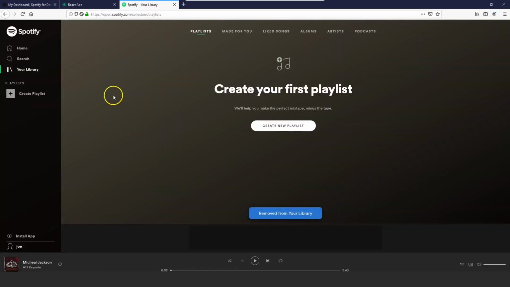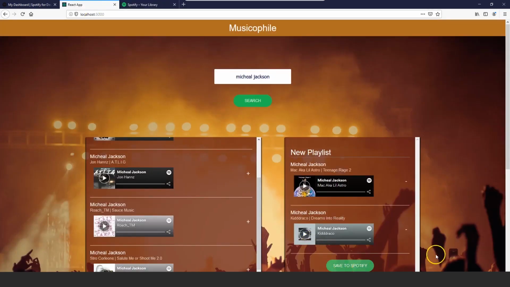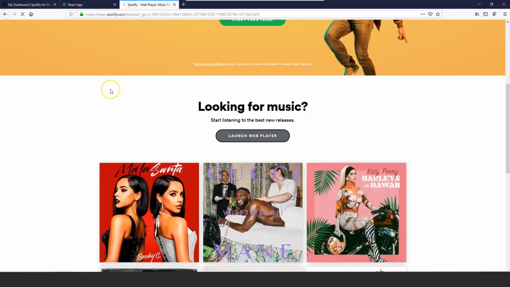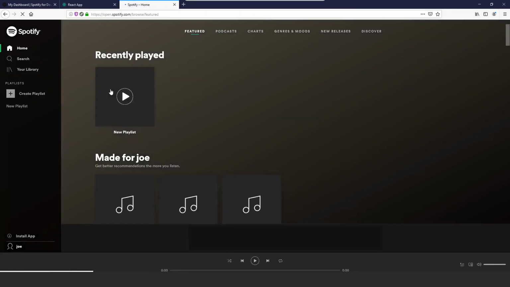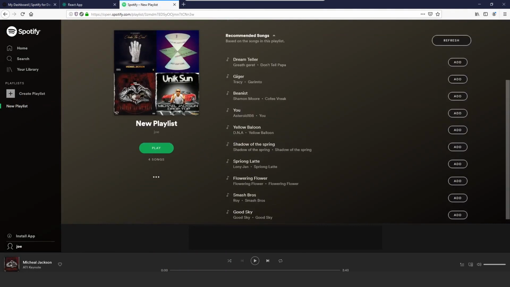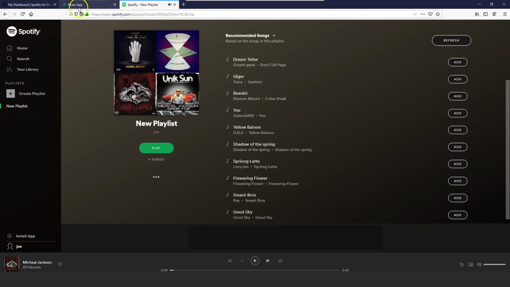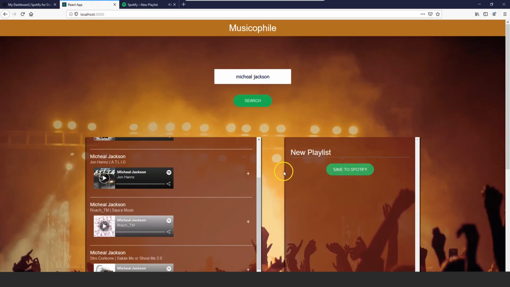So there's no playlist now. I'll go back here, add 2 tracks, and say save to Spotify. You can see the new playlist has come back here. The playlist has been generated again and that's the new playlist that got created. We deleted it, but it still got created again, and that indicates the connectivity that we successfully created with